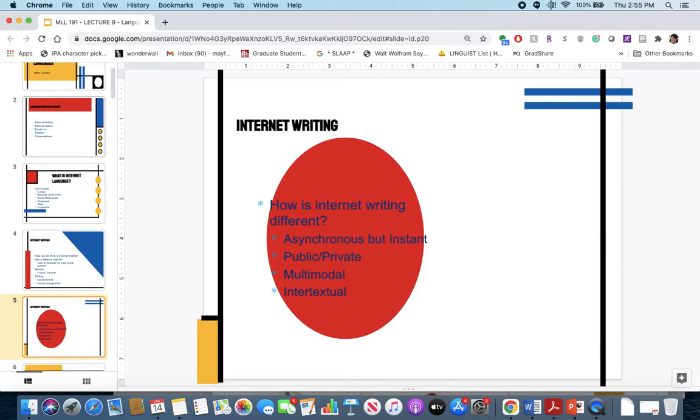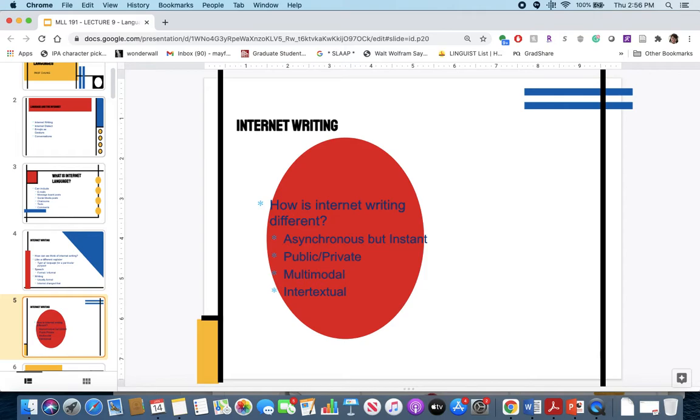So it kind of blurs these distinctions between what we think we own or what we think is for a selected audience, and the internet writing that we participate in might be more of a public kind of interface. It could be multimodal. So instead of writing something, we're sharing memes, referring back to what Saussure called the signs and the signified. We're sharing these different signs, and they have very different meanings nowadays. We're sharing gifs or gifs, depending on how you pronounce them.